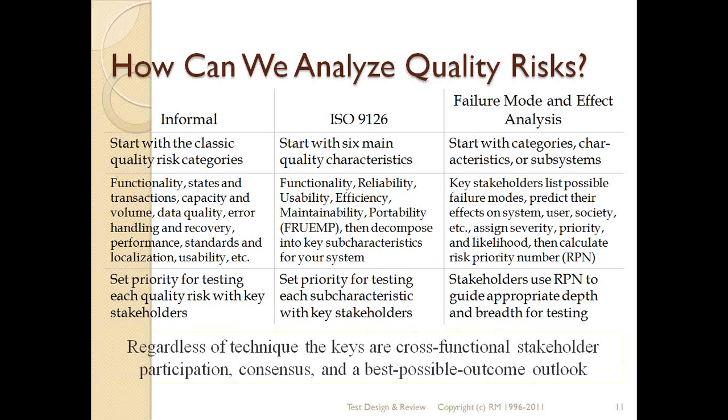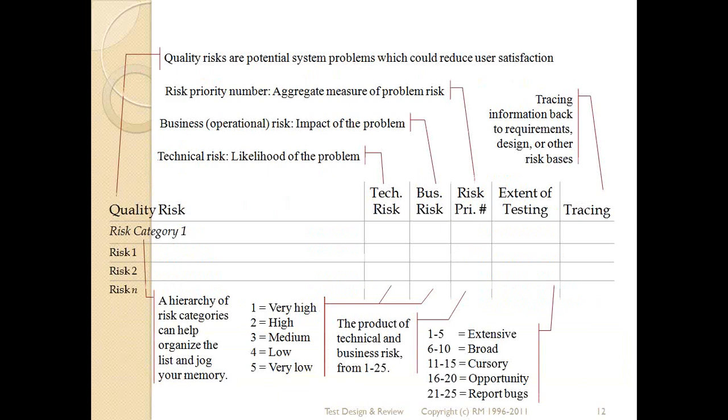Or you can also use something known as failure mode and effect analysis, which has definitely come from manufacturing and is one of the best ways to find risk and how to prioritize your testing with risk. Let's see this with an example. Let's talk about a banking system. Let's say I have a kiosk where people can pay their bills, and I have